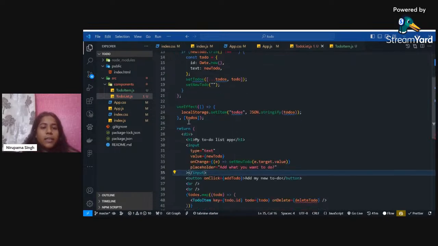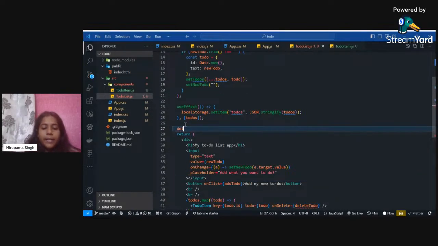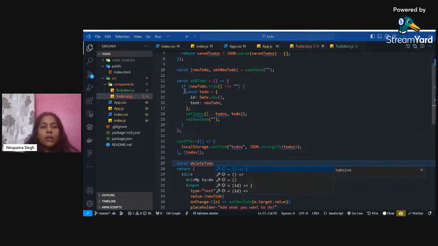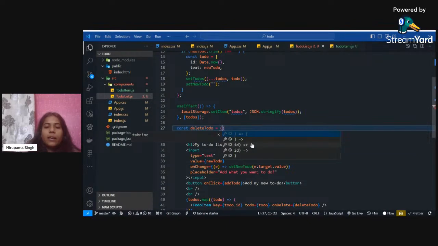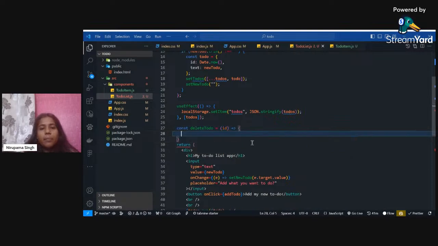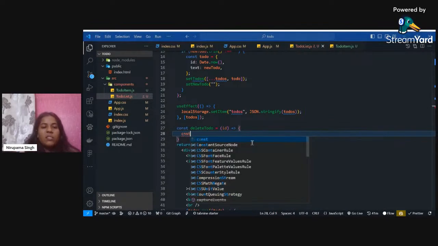All right, let's create the delete to do function here, and it will be based on the id. It will completely delete the to do from this complete set of the id that we are calling upon, right? So we'll create delete to do by id, because id is the one that we are playing along with in our whole application, and then